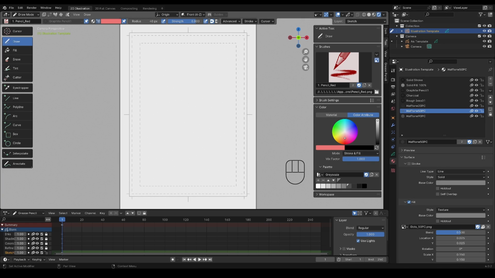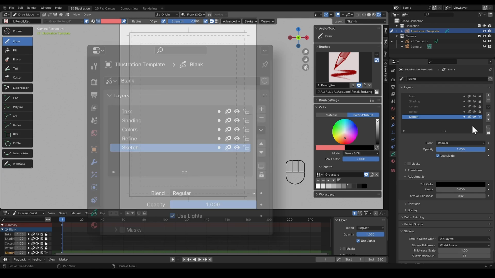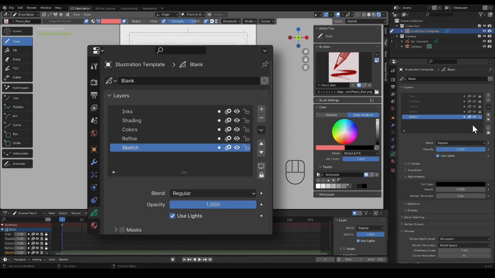I have supplied a preset especially for this project. It is based on the 2D animation preset, but some things have been altered for final output. My grease pencil object is named Illustration Template, and I've set up some basic layers, which generally follow my creation